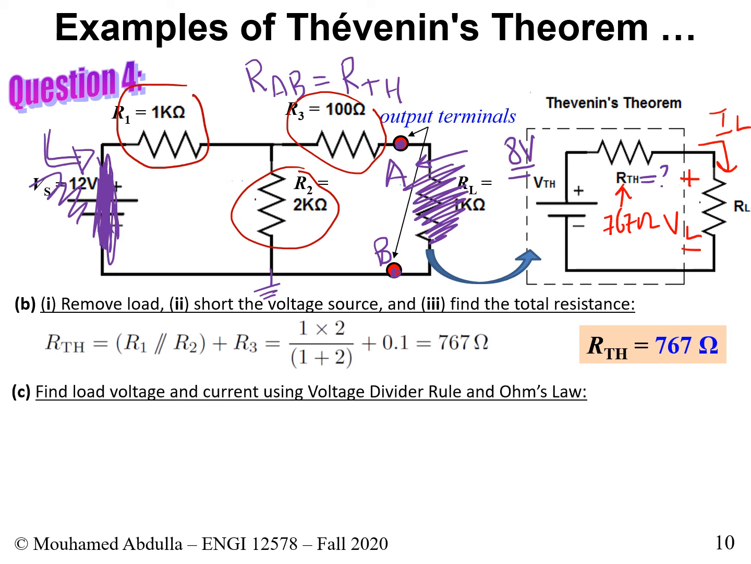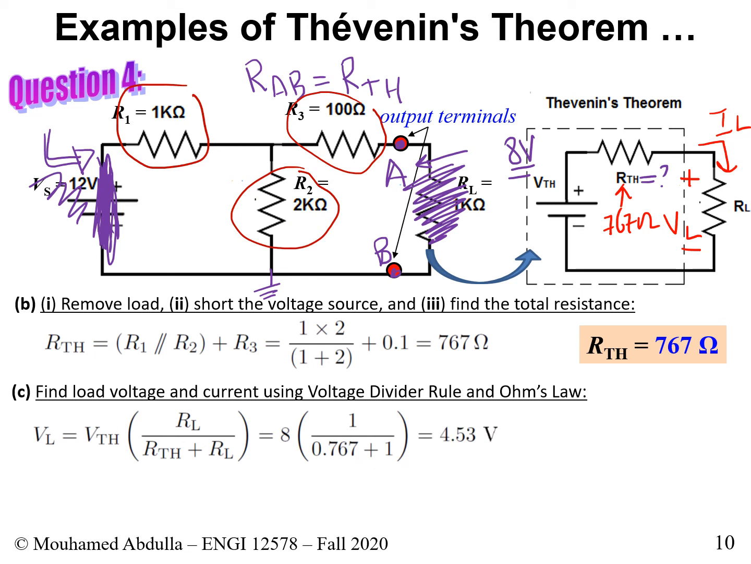We have a simple circuit. We have the Thevenin circuit to do that. And we could use the voltage divider rule. We have the Thevenin's voltage source, which is 8 volts here. We have the load, which is the 1 kilo ohm here. We have RTH, which is 767 ohm, and 1 kilo ohm, and we simply plug in the values. So 8, and we do a ratio of 1 over 0.767 plus 1, we get a result of 4.53 volts